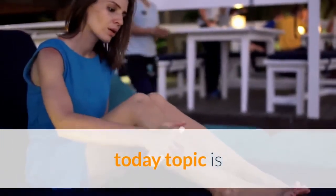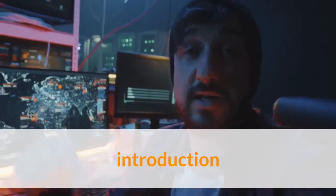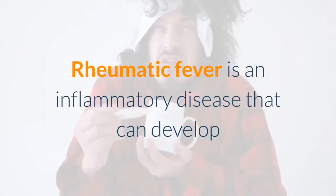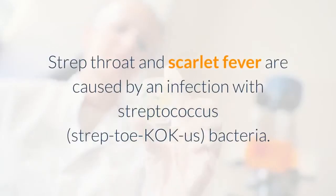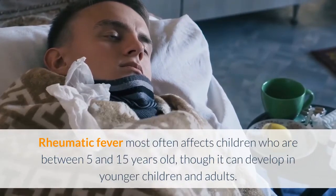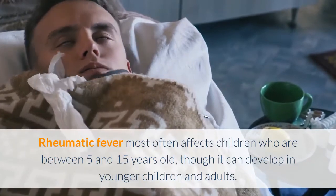Today topic is rheumatic fever. Introduction. Rheumatic fever is an inflammatory disease that can develop when strep throat or scarlet fever isn't properly treated. Strep throat and scarlet fever are caused by an infection with Streptococcus bacteria. Rheumatic fever most often affects children who are between 5 and 15 years old, though it can develop in younger